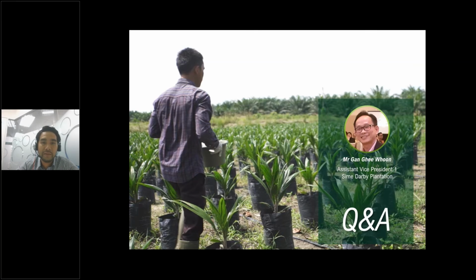Actually, in fact it is a current practice that you place your bait on your frond base. In fact, it's one of the ISPO requirements, so it is less likely to be consumed by other animals. So if it's low-lying, you place your baits on the frond, it should be all right. Yes. Okay. The rat will find its way to the bait.